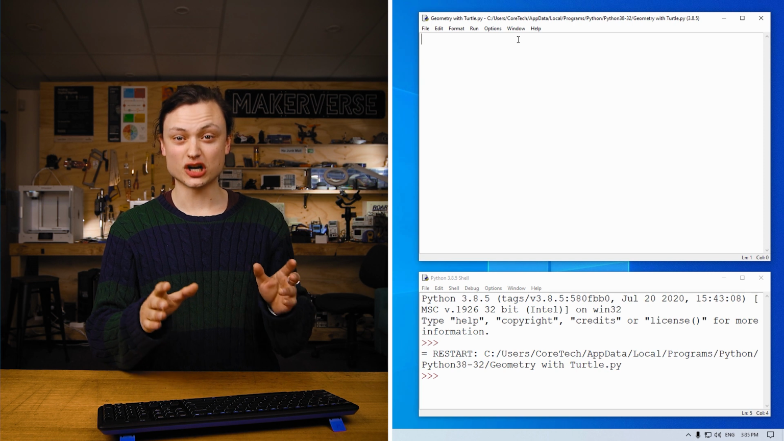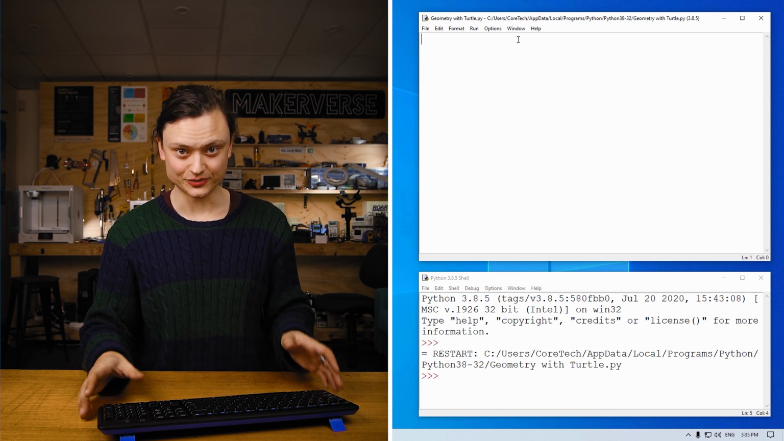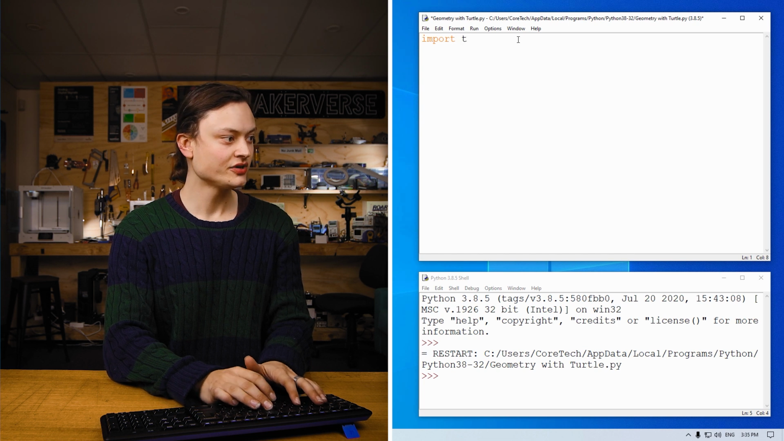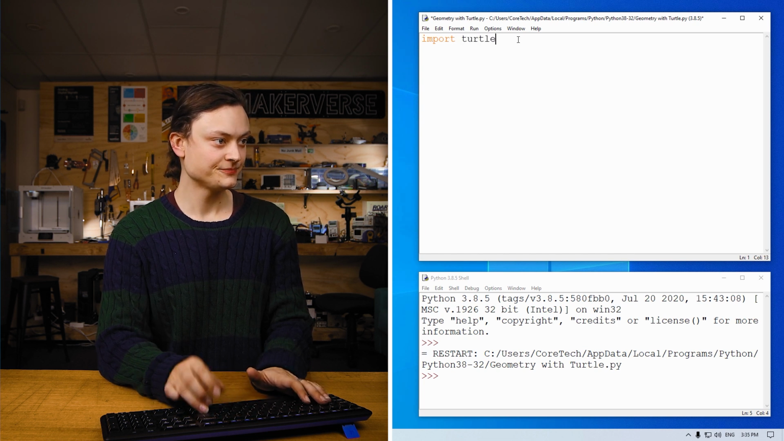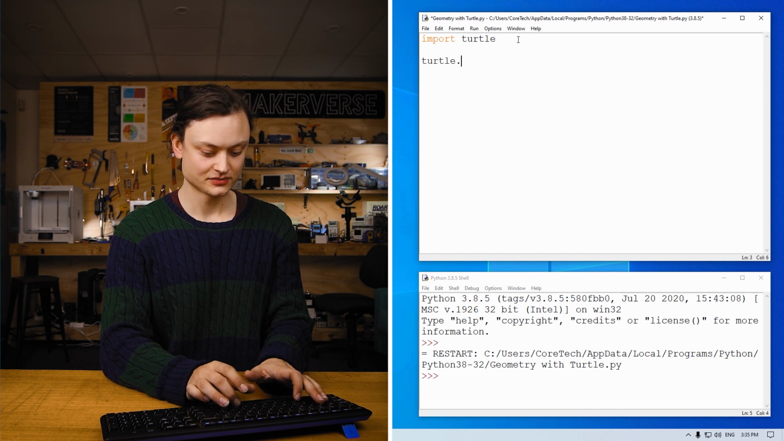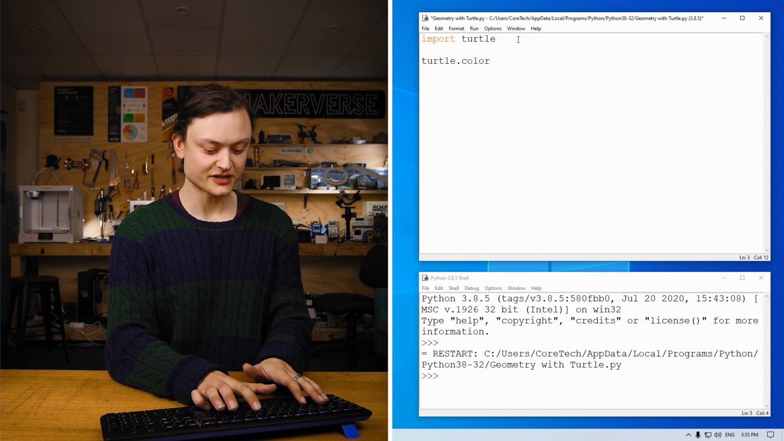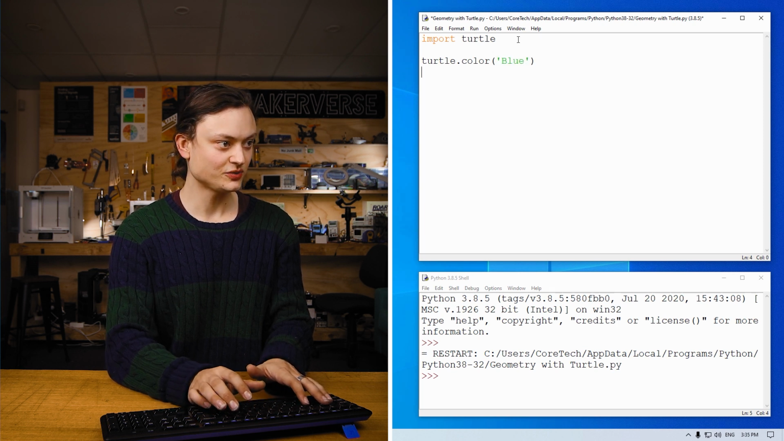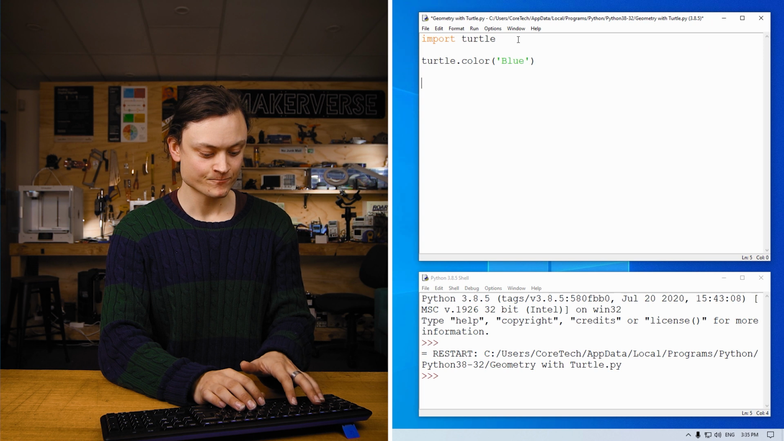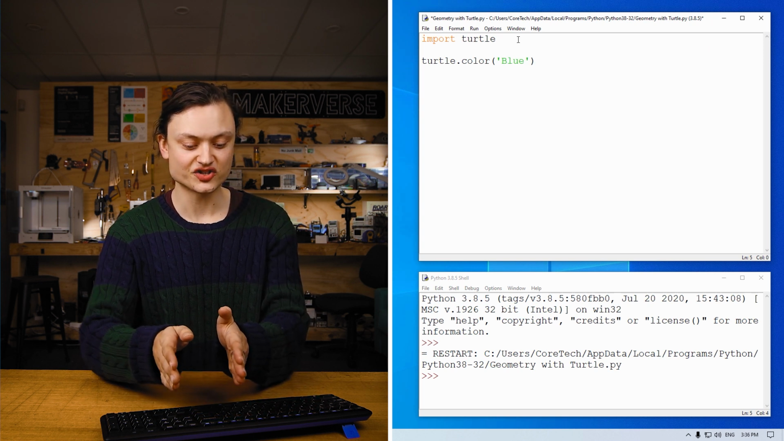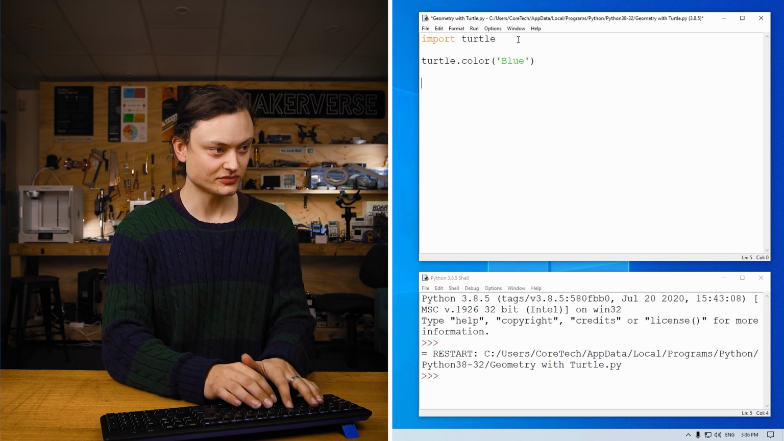First, we'll start by drawing a blue square with our robot turtle. Starting off, we import the turtle library, just like that. Now we're going to decide the color of our turtle. It's the American spelling of color, and our turtle will be blue. This is going to decide the line. Now the way the turtle moves is it moves a certain amount, and then you can change the angle. So I'm going to move the turtle